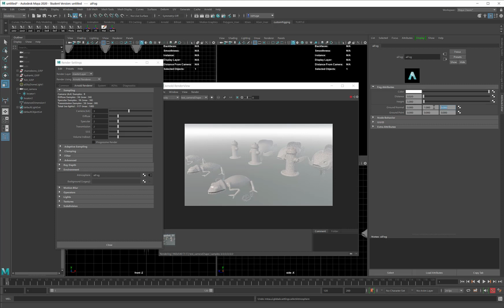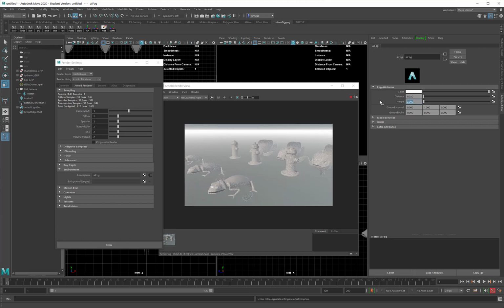Yeah, that's how fog works. It comes from the ground up. Next, I've got this height value. It's set to 5. If I set this down to 0, you'll see that the fog just takes over the entire scene. If I set it to 1, now you'll see that it is just right on the horizon line. As I set it a little higher, you'll see it start to take over some of the objects. Maybe right around a 2 or a 3 will be fine for me, and that's something that you'll have to